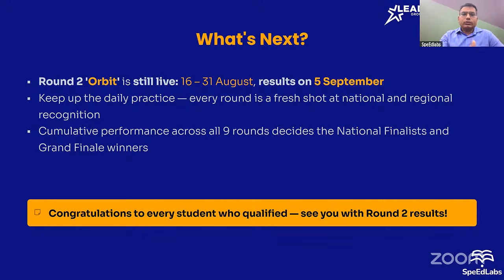From 15th August to the 31st August, we will be getting national rankings again, and the result will be announced by the 5th of September. So don't worry, round two is going on, and then we do have a round three also. Every round has a fresh start. If you miss the opportunity in a particular round, we will have another round within 15 days. No worries. All the best for the second round going on, and the third round, which will be coming from the 1st of September.